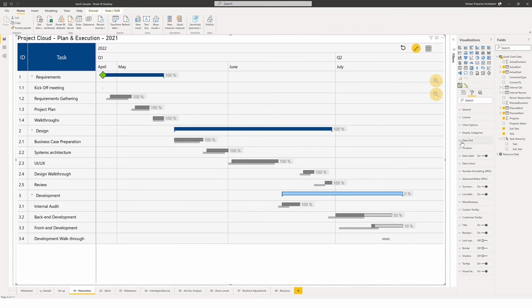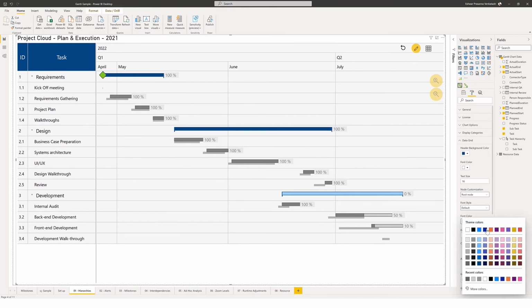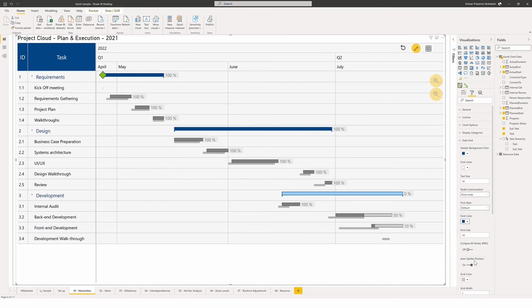I'll just go into the data grid property here, and you can see that it offers node customization capabilities wherein I can style the root nodes and the child nodes separately. So I'm going to leave the child nodes as is. So maybe change the root node a little bit. I'll set the font size to make it a little bigger, and maybe change that font color a little bit right here, right there you go. So I have a different font color and a different font size for the root nodes, and it's as simple as that to handle hierarchies.